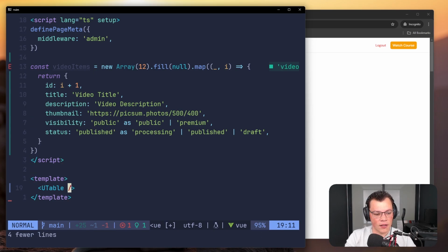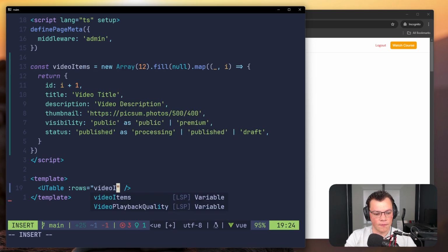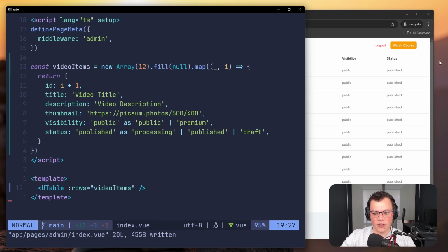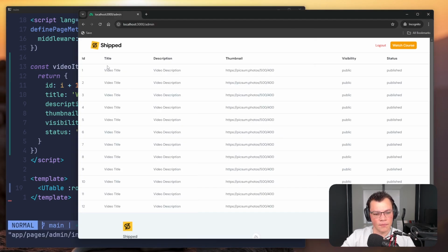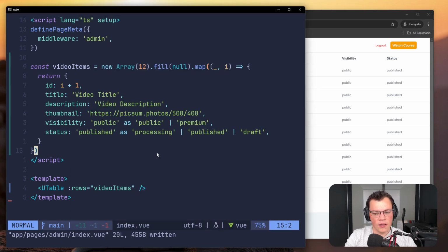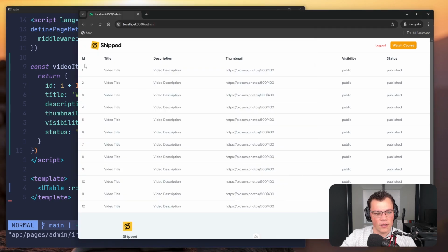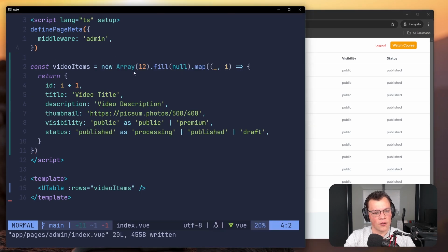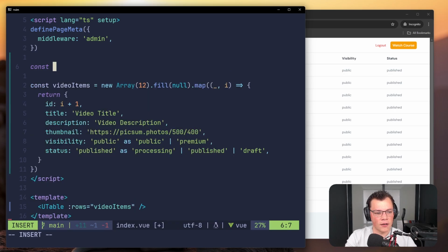We can basically just say that the rows is equal to the video items. And what this will do is it'll just basically render it out as is. But the problem with that is it uses the headers as is, but we might want to change that. And it only shows the URL, but we want to show an actual image and stuff like that. So let's actually fix that. We do not really need the ID column. So what I'll do is I'll define the columns,